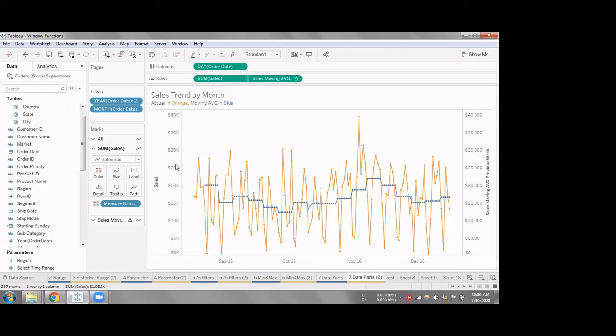So those are the few window functions, and I just wanted you to know that with window functions you can use parameters. Earlier we only saw fixed values like -2, -3 as start and end values. Then we used first and last functions. Then here we used parameters to make them dynamic based on user input, and also we used calculated fields in those start and end values. So if calculated fields are there, then that's a huge plus in terms of how we can make them dynamic as well. So that's what I wanted to get across here.